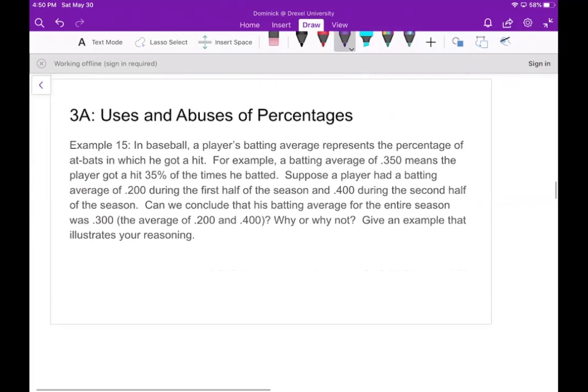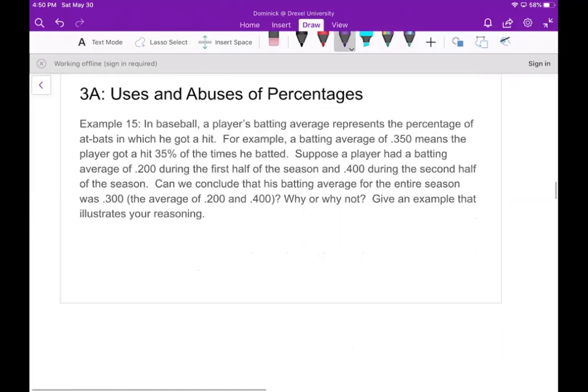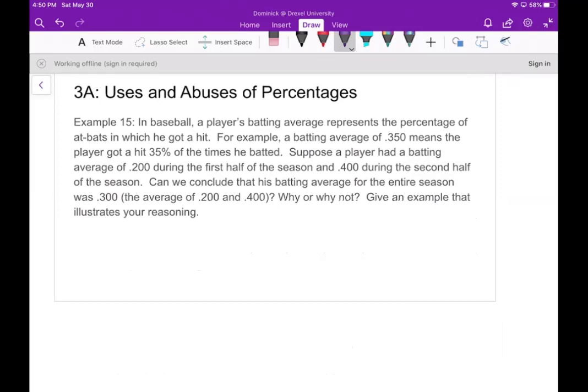Okay, now I believe that this is the last example in this video. Yep. So in baseball, a player's batting average represents the percentage of at-bats in which he got a hit. For example, a batting average of .350 means that the player got a hit 35% of the times that he batted. Now, suppose that we have a player batting .200 during the first half of the season and .400 during the second half of the season. Can we conclude that his batting average for the entire season was .300, right, which is the average of the two? Now, of course, the idea here is that this is not true,